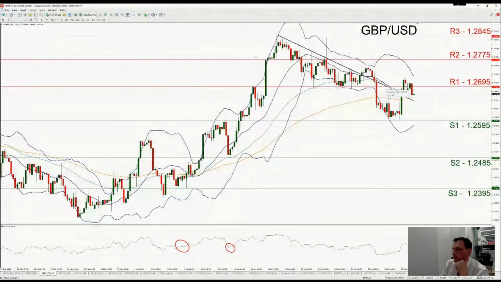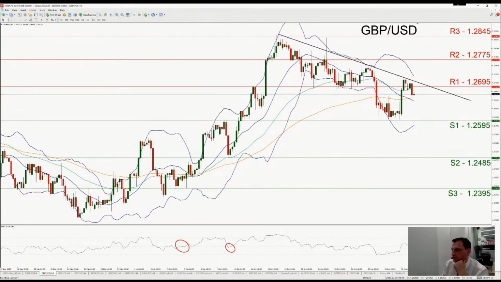Okay, what we're witnessing here is a clear downward trend line. It's impressive how the upward motion of the pair was unable to break the downward trend line, just shifted a little bit to the right. But in my opinion, there are still some bearish tendencies. On the other hand, we have to note that